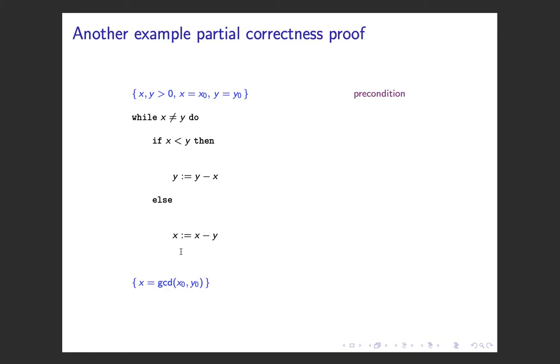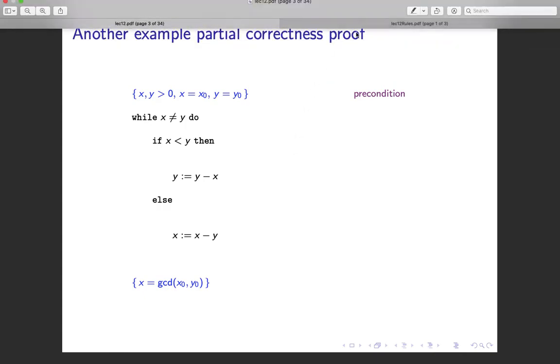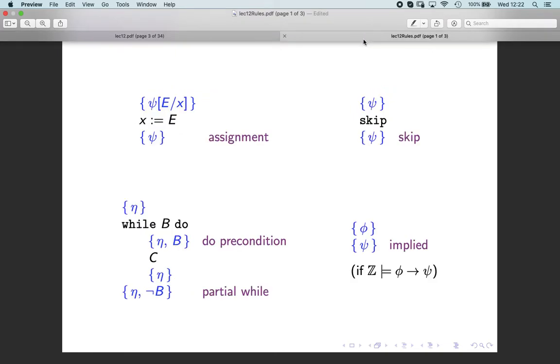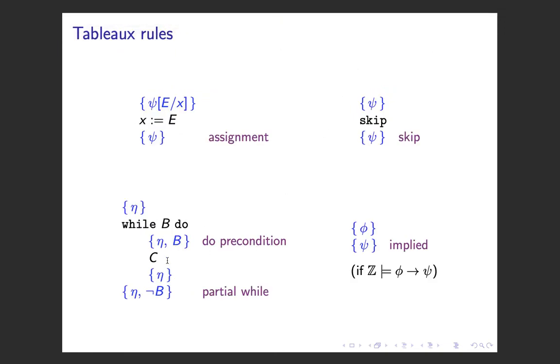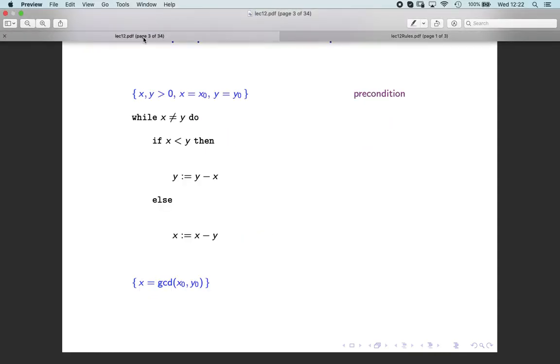Right, so the statement immediately preceding the postcondition is a while statement in this case, so we need to do a reasoning by the partial while rule. So if we look at the rules from last week, well, the partial while rule is here. So we need to find our invariant, which is going to hold before we go into the while loop, will be preserved by the body of the while loop, and then is going to be true at the end. So if we go to our program,